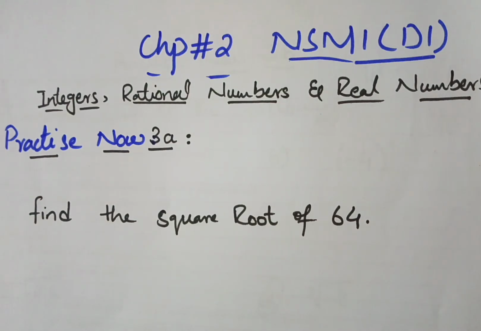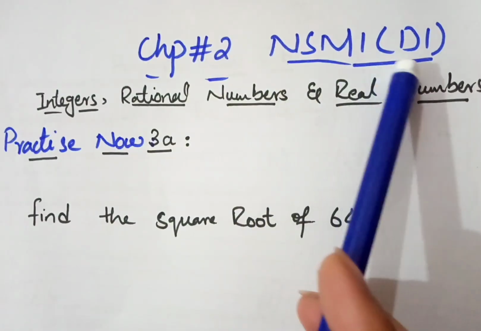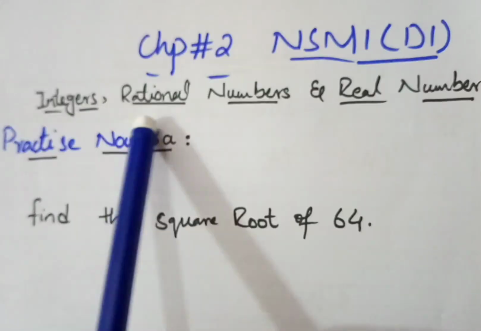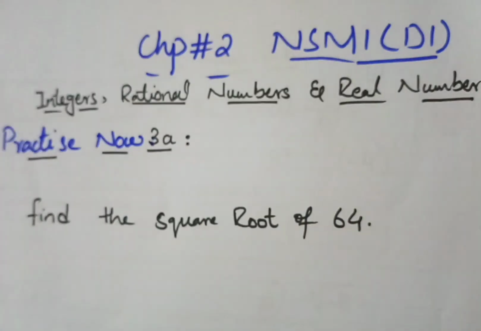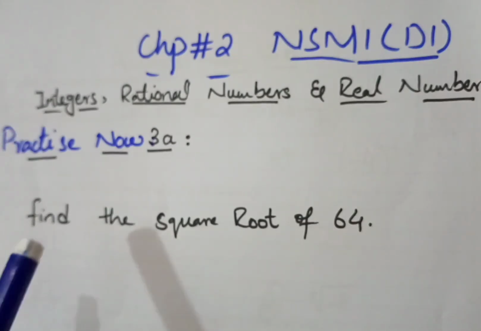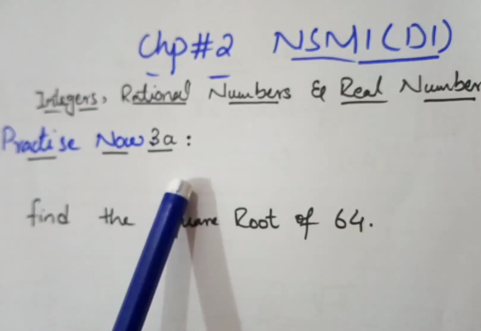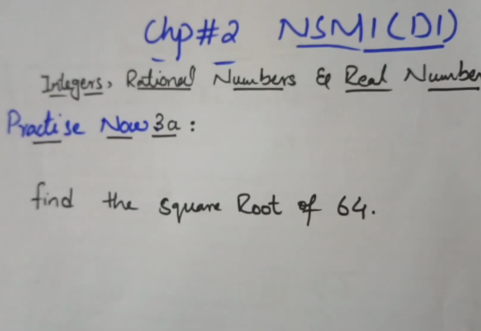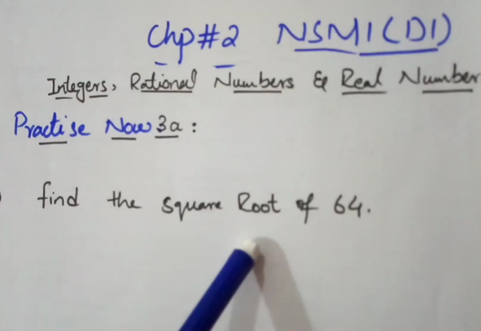Students, today I'm here with Chapter 2, NSM1 D1, Integers, Rational Numbers and Real Numbers. That is the second chapter of your book, and we will do the Practice Now 3a. So the first question of Practice Now 3a is: find the square root of